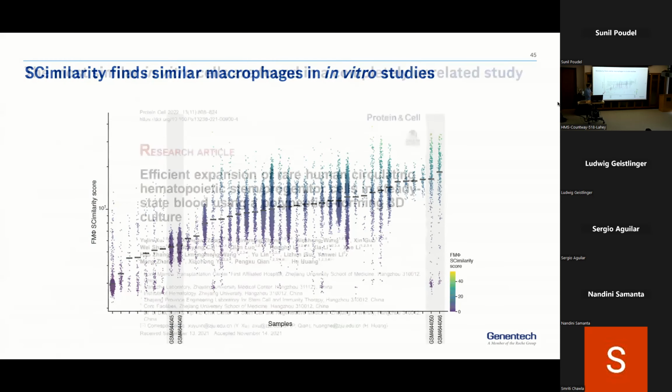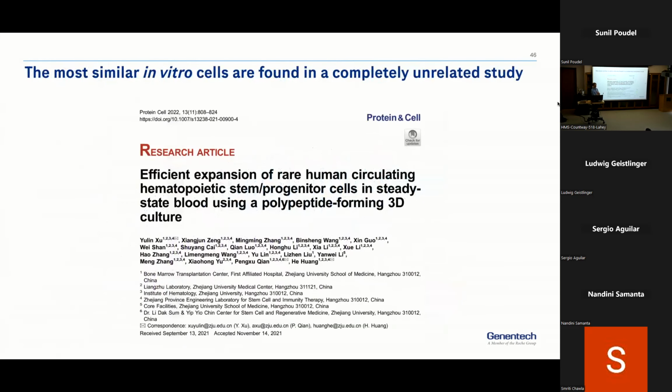I think the most interesting thing is that this is a study we would have never, ever looked at. In the original paper where they did the single cell RNA-seq, they're trying to expand hematopoietic stem cells from PBMCs. They put PBMCs into a hydrogel with a bunch of cytokines and growth factors, and they do expand hematopoietic stem cells, they assay that by single cell RNA-seq, and they publish and share that data to show that they've expanded hematopoietic stem cells. This is completely unrelated to interstitial lung disease. These are not from lung. They're not studying lung disease, anything like that.